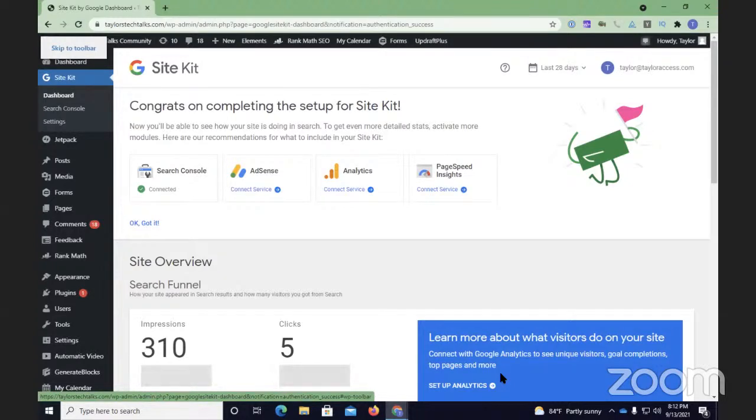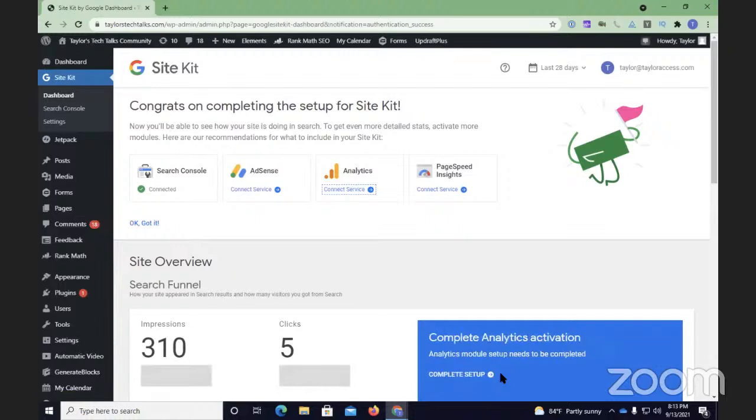Adsense. So this is if you have a Google Adsense account that you're using for this site. I do not have a Google Adsense account that I'm using for advertisements. So I will go ahead and skip to the next module by pressing H. I will go ahead and press down arrow after I heard the Analytics module because I do want to activate my Google Analytics. After all, that's what this video is about. So I will go ahead and press down arrow and I will hit Connect Service. All right. So I'm connecting the service.